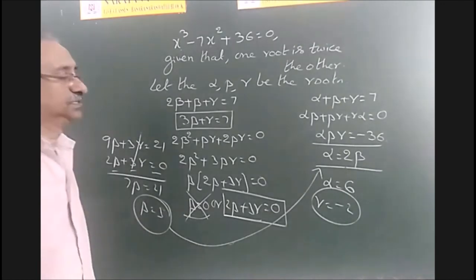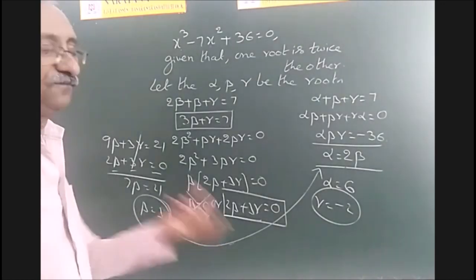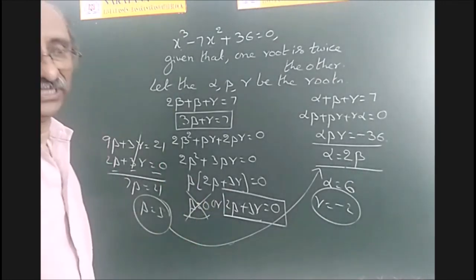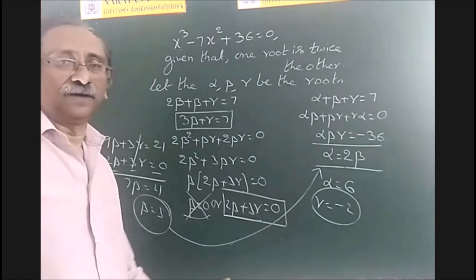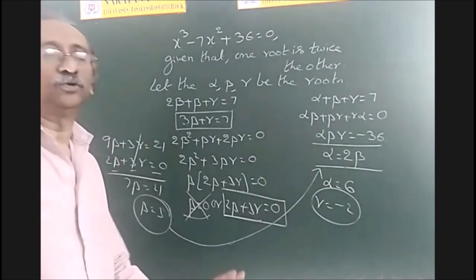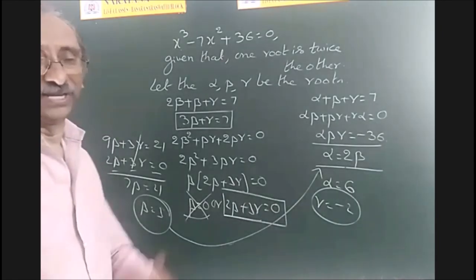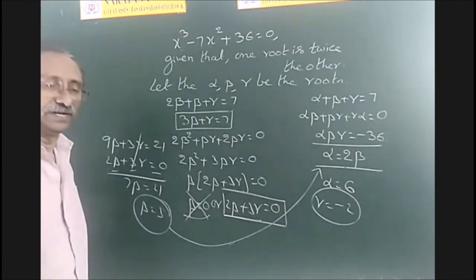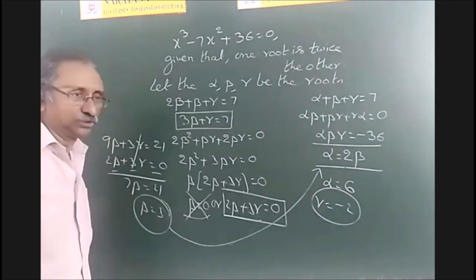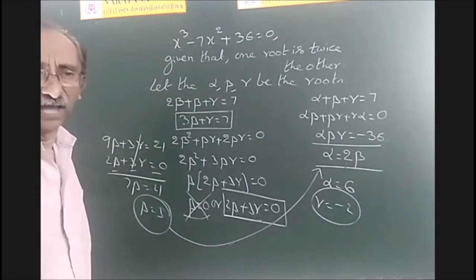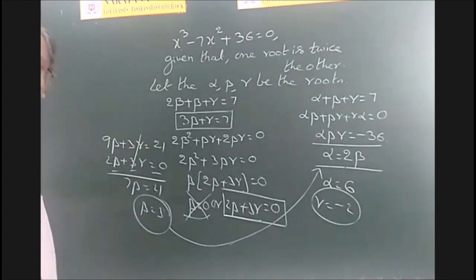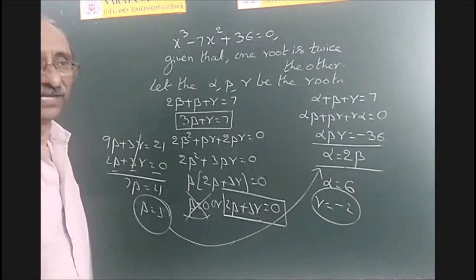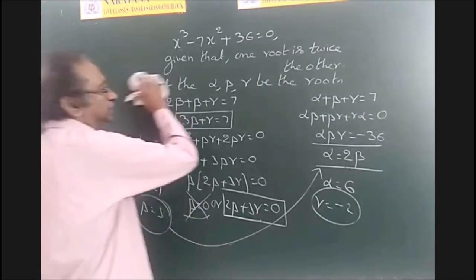So like this, in these equations, to find the roots, one piece of information will be given. So one root is twice the other root, or sum of two roots is 0. That means you have to take alpha plus beta is equal to 0. Then alpha is equal to minus beta you have to write. That means you can eliminate alpha and get equations in terms of beta and gamma only. Then you can solve for beta and gamma. Suppose two roots are equal, then you can take alpha, alpha, beta like that. Suppose three roots are in arithmetic progression. So that is another important problem. So I will close this with that.